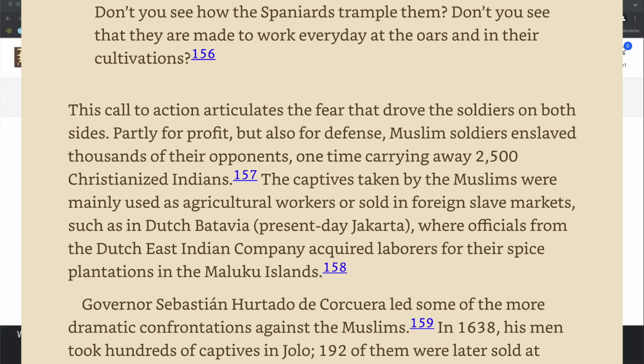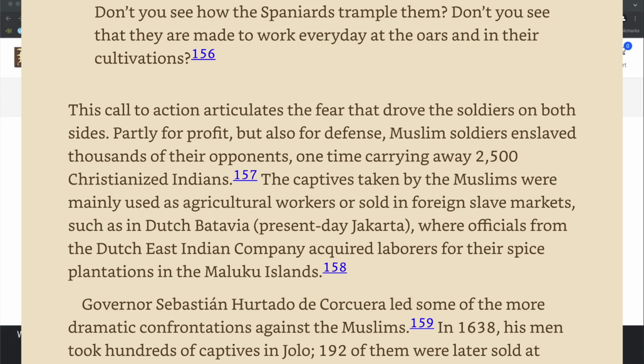Don't you see, guys? This call to action articulates the fear that drove the soldiers on both sides, partly for profit but also for defense. Muslim soldiers enslaved thousands of their opponents, one time carrying away 2,500 Christianized Indians. The captives taken by the Muslims were mainly used as agricultural workers or sold in foreign slave markets, such as in Dutch Batavia, present-day Jakarta, where officials from the Dutch East Indian Company acquired laborers for their spice plantations in